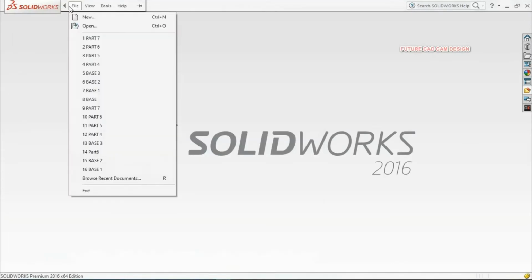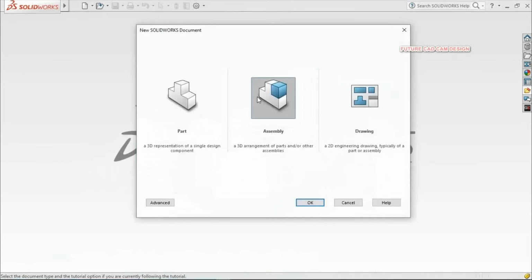So now I am going to open a new file. If you click the new file, you will see these 3 types available: part modeling, assembly, and drawing. Part modeling is entirely for creating 3D diagrams, 3D images, sheet metal, and surfaces like this. Assembly is only for assembling the different components together into a single component. And drawing is used for creating the drafting work. We can give dimensions and draft our component. Okay, now we are going into the assembly. Click assembly and then click OK.